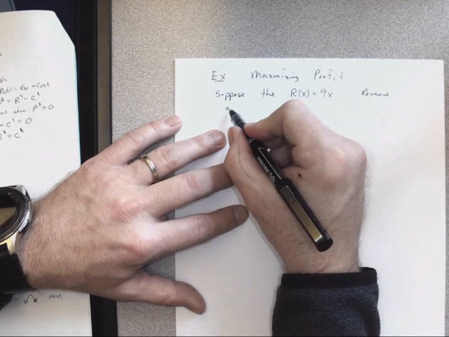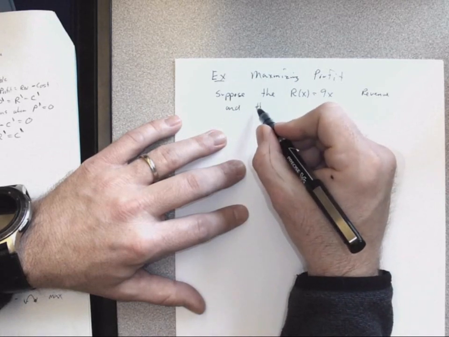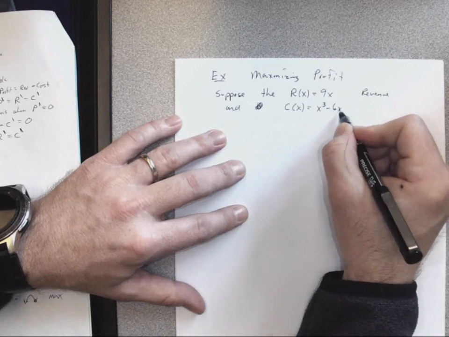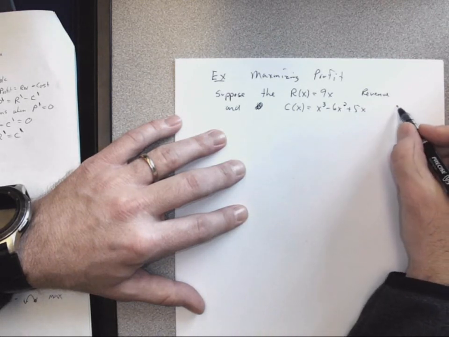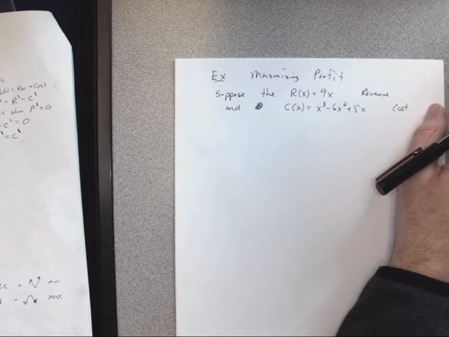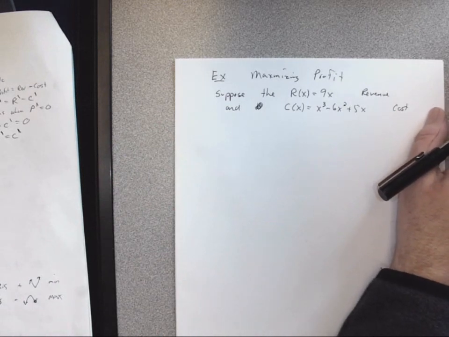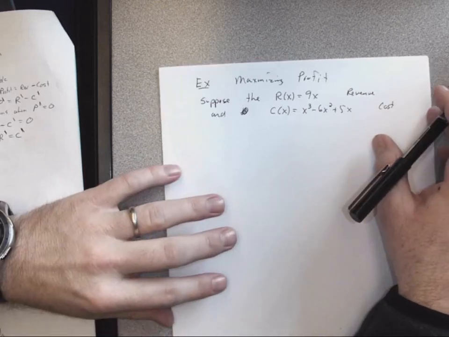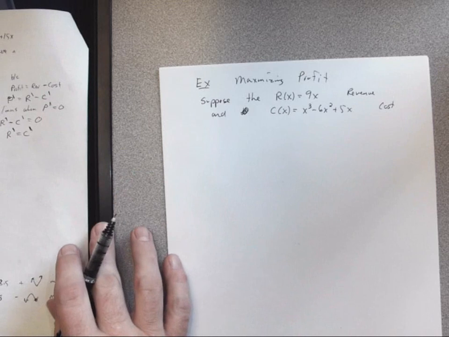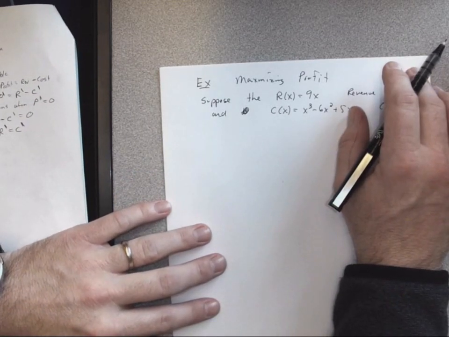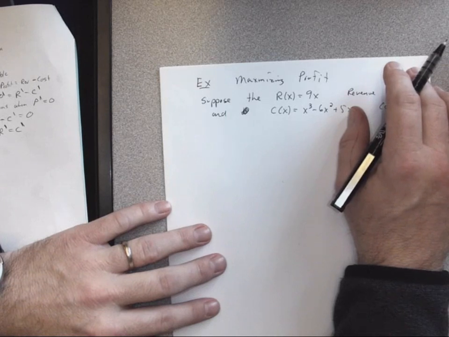And our cost, C of x, is equal to x cubed minus 6x squared plus 15x. This is our cost. Now we know our